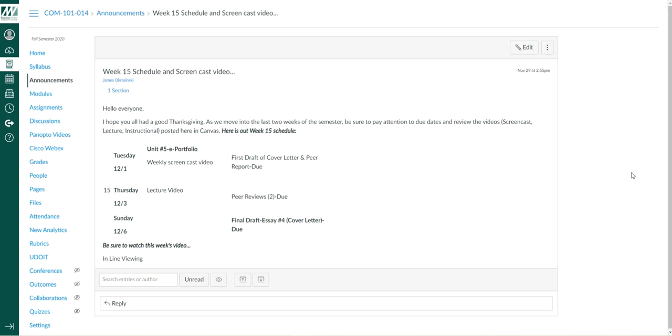Our week 15 schedule goes as follows. Tuesday, end of day: first draft of the cover letter, which is Essay 4, and your peer report are due. Thursday, 2 peer reviews are due, and then Sunday, end of day, will be the cover letter assignment, final draft of Essay 4. If you have any questions or issues, be sure to email me during the week about